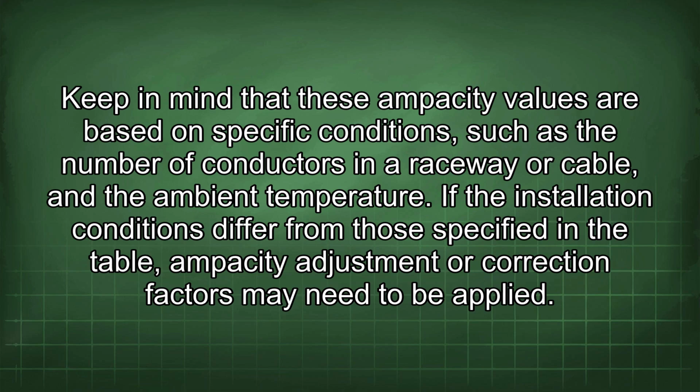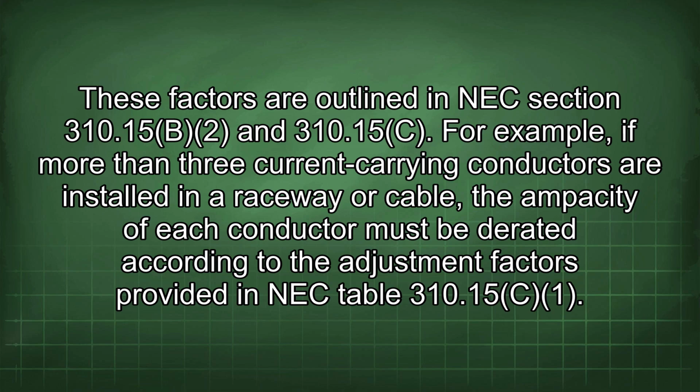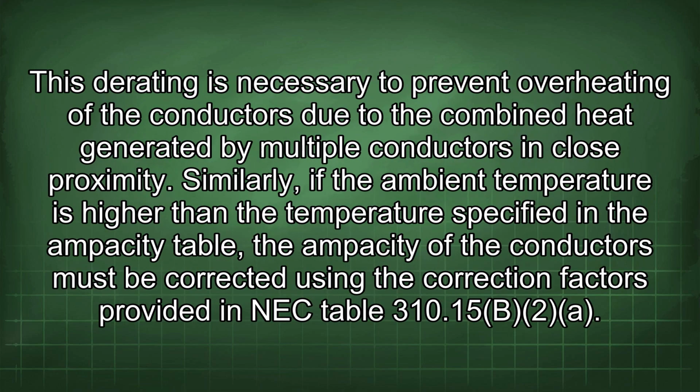If the installation conditions differ from those specified in the table, ampacity adjustment or correction factors may need to be applied. These factors are outlined in NEC Section 310.15(B)(2) and 310.15(C). For example, if more than 3 current-carrying conductors are installed in a raceway or cable, the ampacity of each conductor must be derated according to the adjustment factors provided in NEC Table 310.15(C)(1). This derating is necessary to prevent overheating of the conductors due to the combined heat generated by multiple conductors in